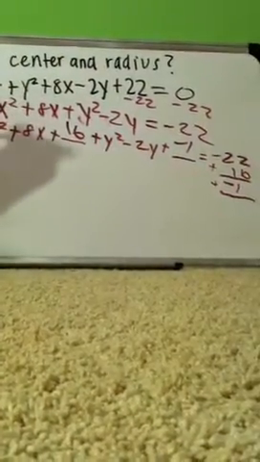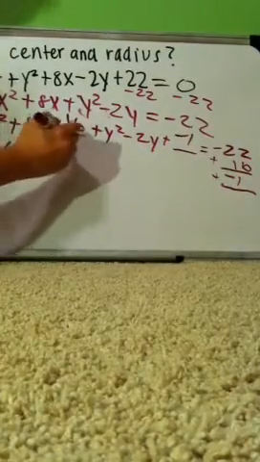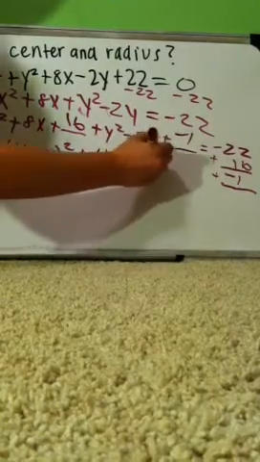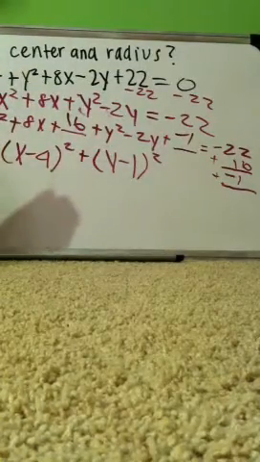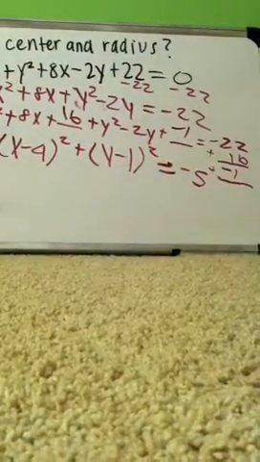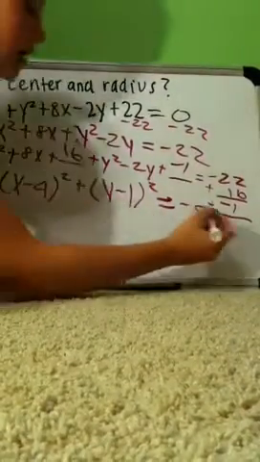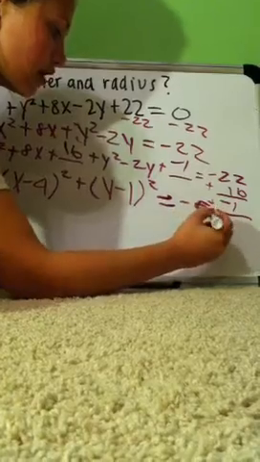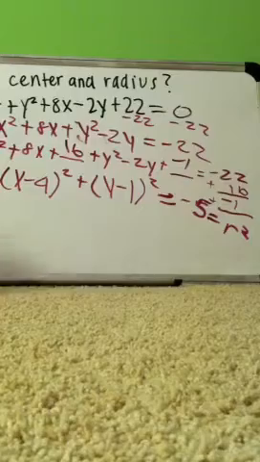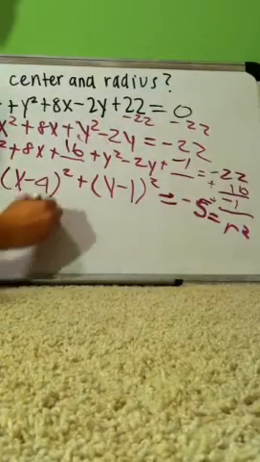And then we end up with (x minus 4) squared plus (y minus 1) squared, and this all equals -5. And as you know, -5 equals r squared, but this is not possible. And -5 cannot be the radius. So our answer is not